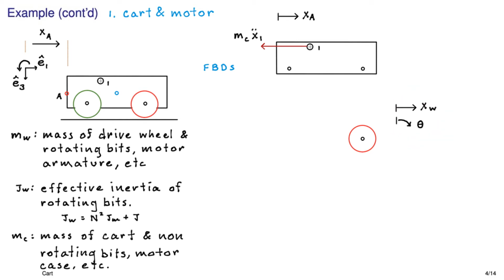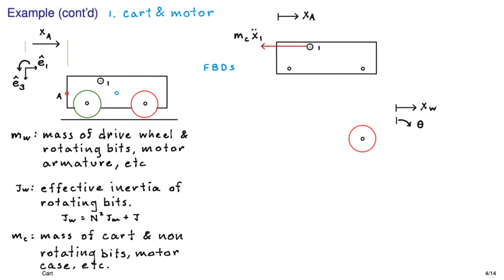Now notice here I've introduced yet another variable, x1 double dot. So I've started the process of labeling the free body diagrams with the external forces and inertial forces. And this one, of course, is the inertial force, mc x1 double dot. Now I've labeled that as x1 double dot because technically that should be the acceleration of the center of mass